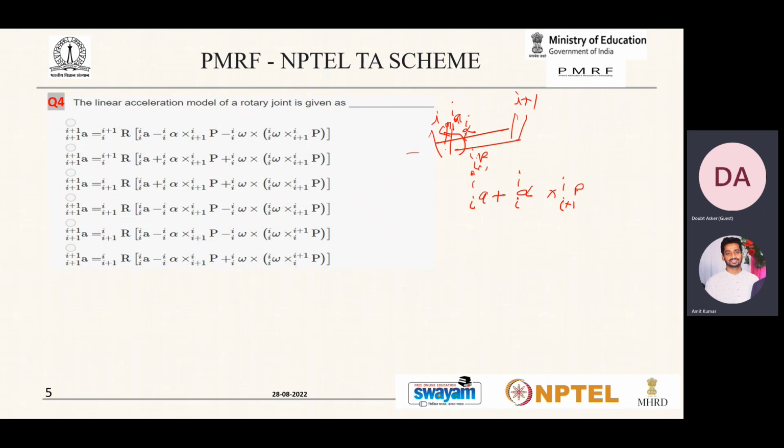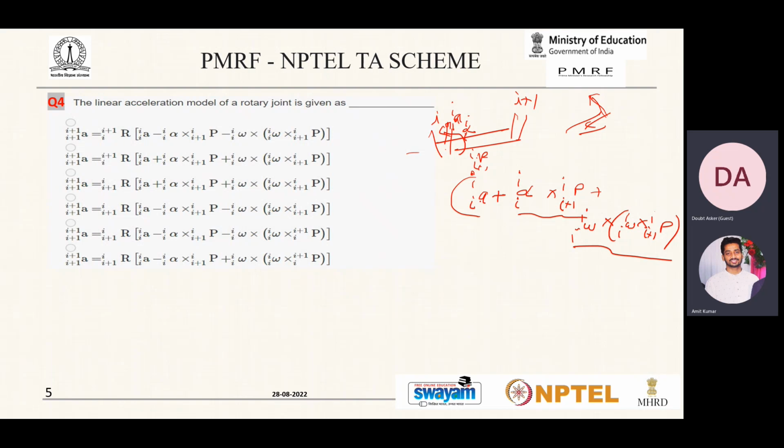This is nothing but tangential. So if you have a link, there will be one component tangential and one along the line. So this is the tangential, and the next is the along-the-line component, which can be given by the Coriolis part: I omega I cross I omega I cross I plus 1 P. This is the tangential part, and this will be translated